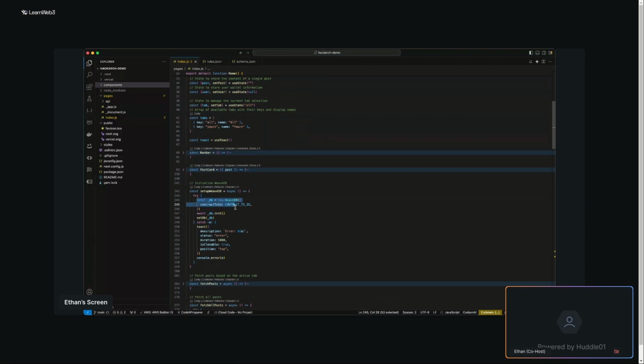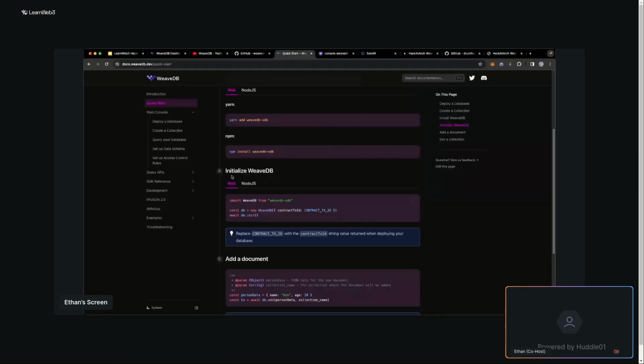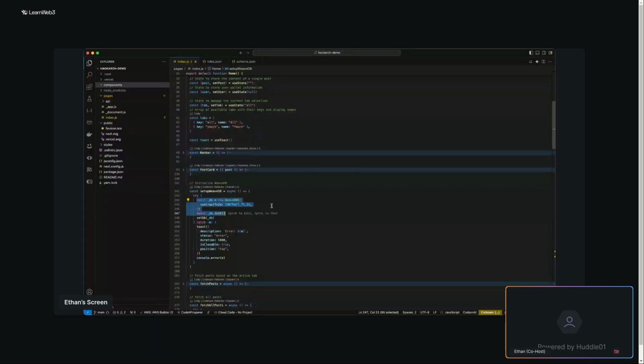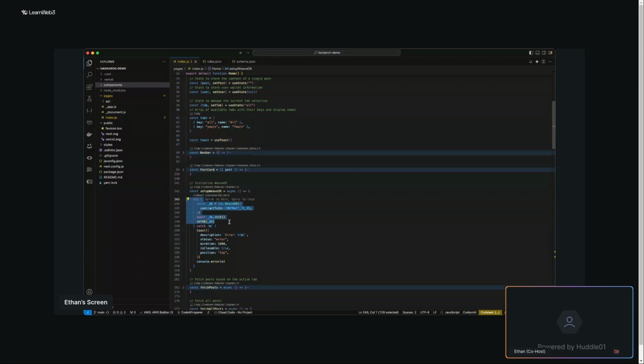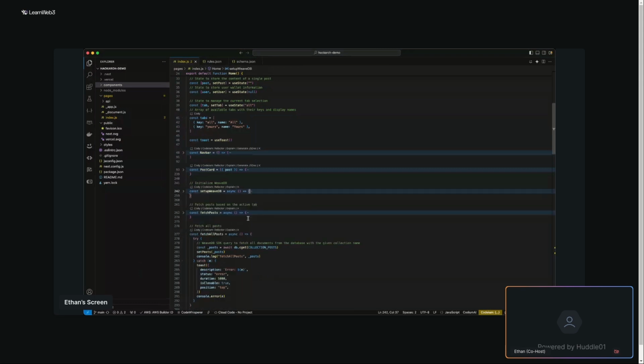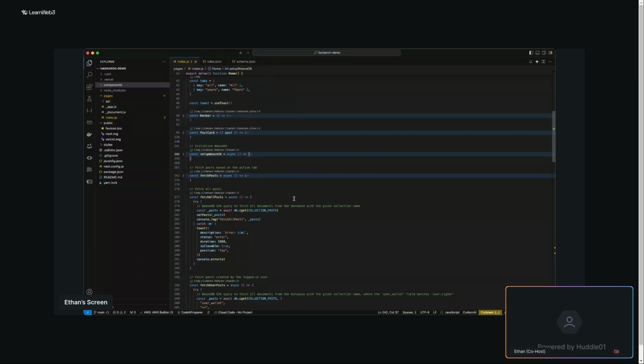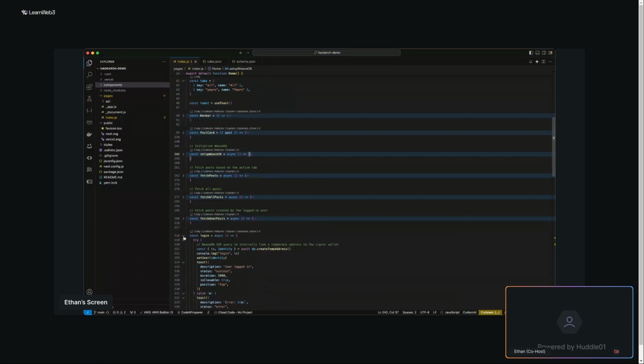So I have here the same initialization code as provided in the documentation, this one here, initialize with DB. It's the same, but I put it inside a function, setup with DB. So I have my database initialized here. And then the other WeaveDB SDK functions that I also used for this sample application are, wait, let me collapse this first,